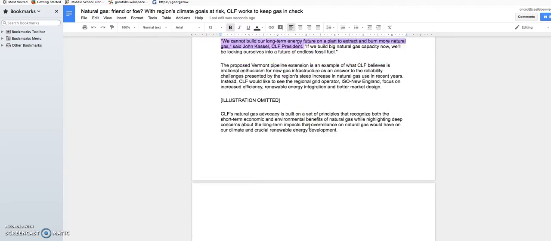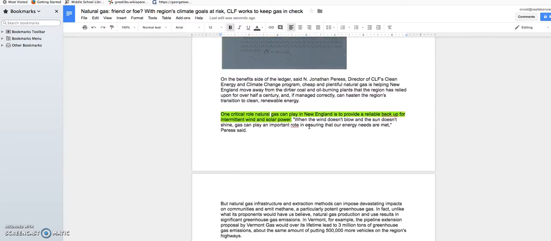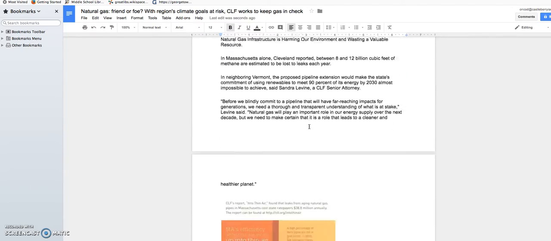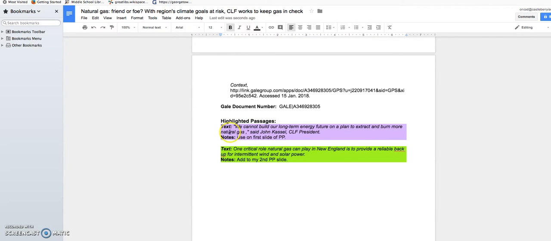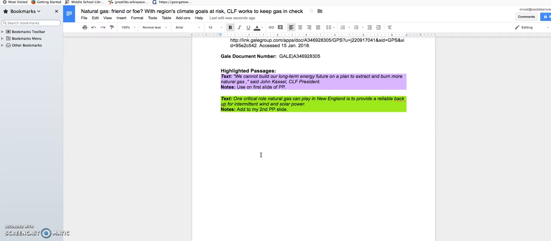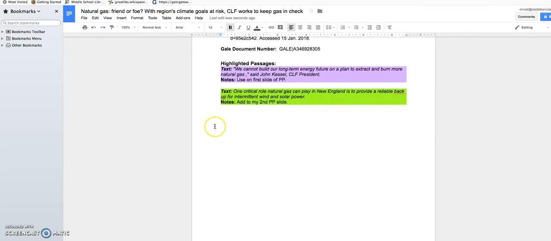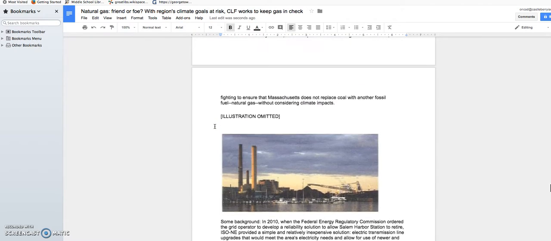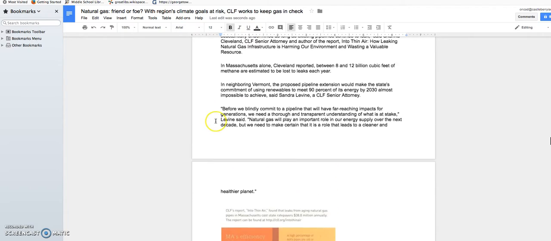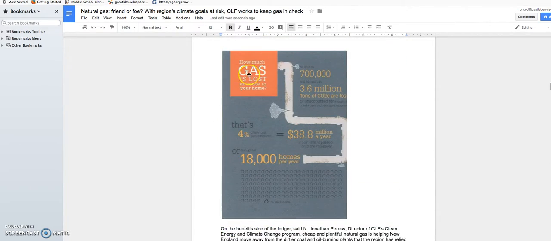See, there are my notes. Both notes are copied. And the citation is there. See, the highlighted passages are right there, and my notes are also there. So that is a good way to use Gale and how to download your notes and your article to Google Drive.